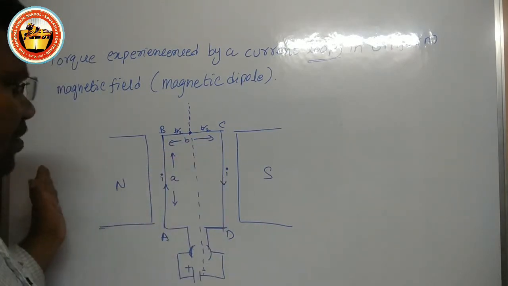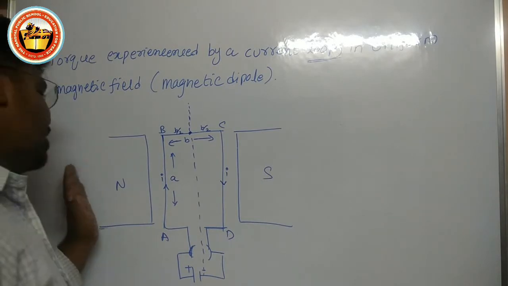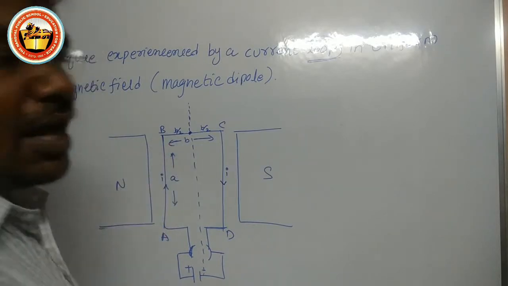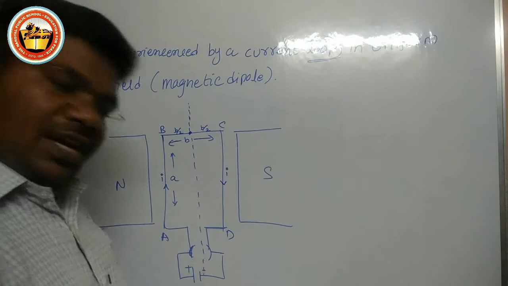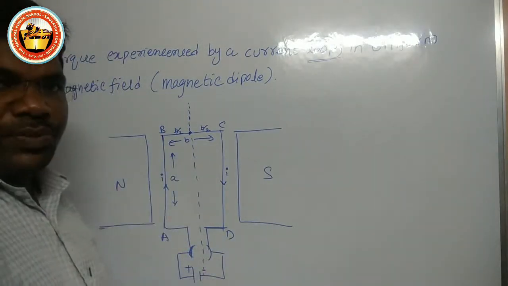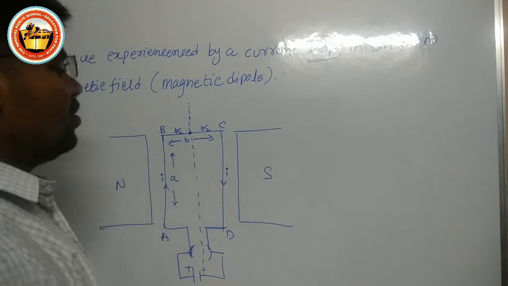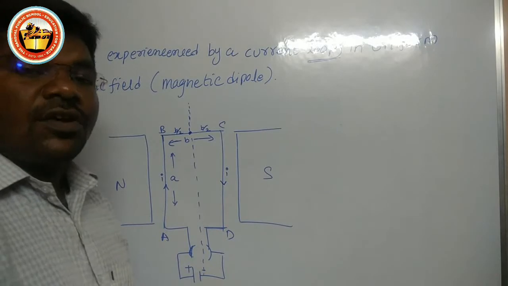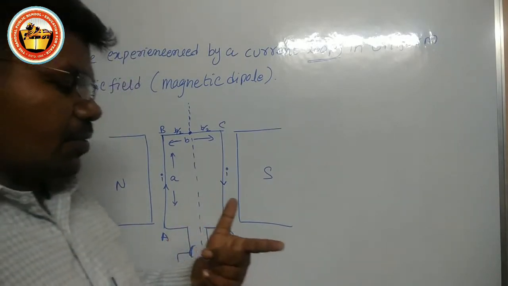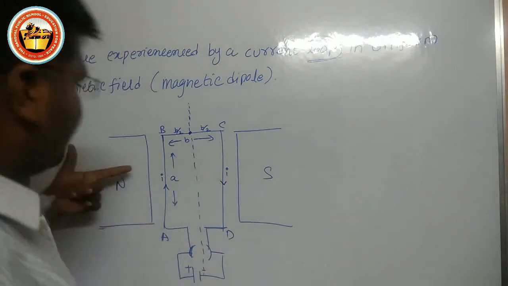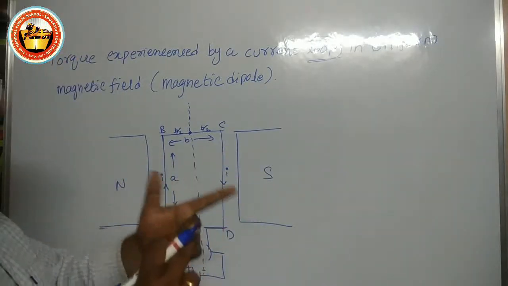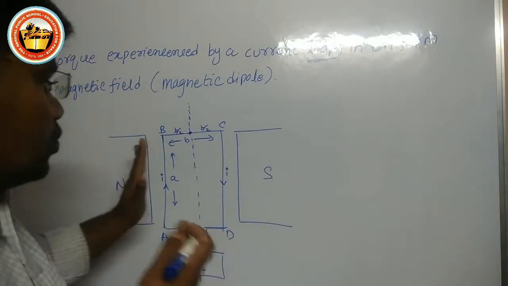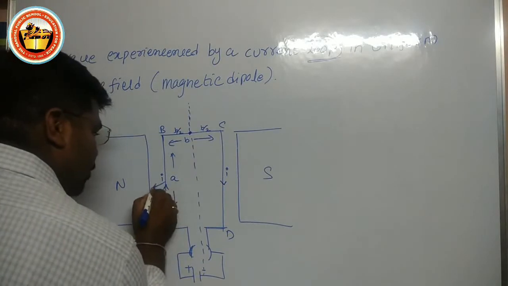We know that magnetic field lines continuously pass from north to south. If current passes through the coil ABCD, according to the electric motor principle, the coil will rotate. In which direction will the coil rotate? With the help of Fleming's left hand rule: the thumb indicates the direction of the magnetic field, and the middle finger indicates the direction of current. So the coil moves into the board.